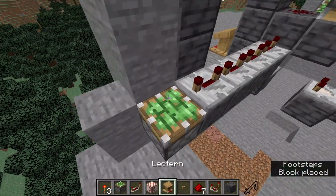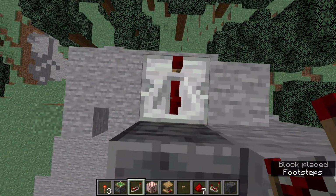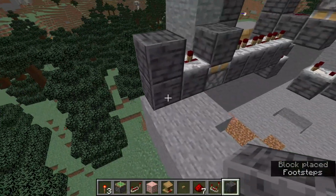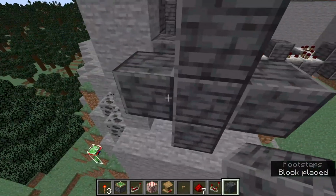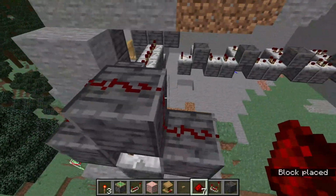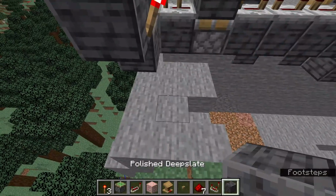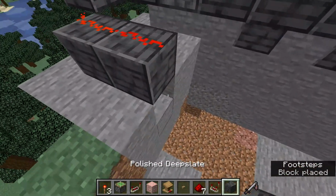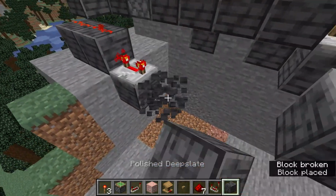You place a sticky piston with a block, then another block, and 2 ticks of delay. And then you place a block up like that, a block there, break that block, place a block there, and make a cross on this, and punch a hole there. Then put a comparator facing that way, there, and put redstone above that. Place a block there, then build up a block, place 2 redstone dust, below that place a repeater on 4 ticks delay, then get out your